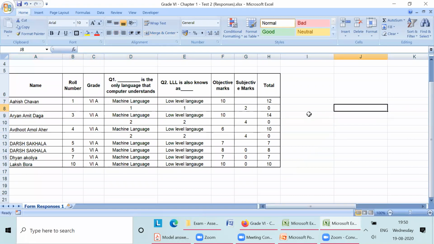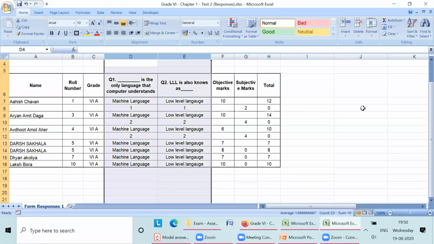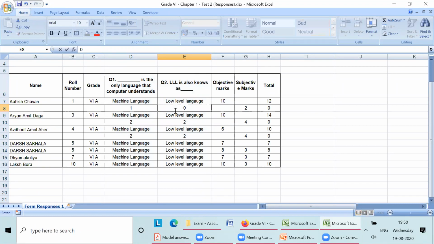Yes, sir. Thank you. Now, imagine question 1 and question 2 were optional. Out of these, we wanted the student to solve one, and he has solved both. How will you do it, Swapnil sir? Sir, in this case, here I can write the word extra, or you can just not write a mark there. Or else put a 0 or not write the mark. Writing 0 would be better.